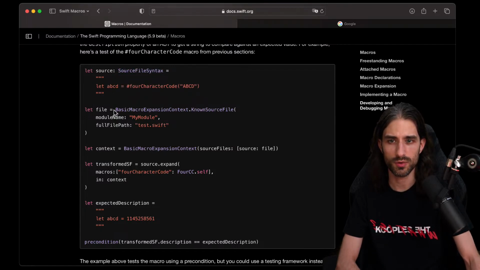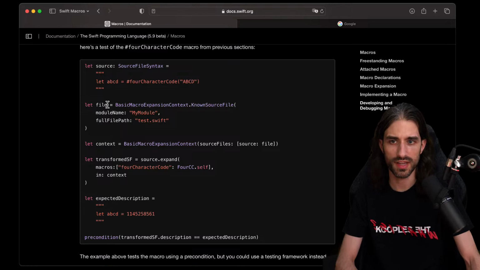And then we can create this basic macro expansion context. So I think what we are doing is that we are creating the context that the compiler would pass to the macro. And so here it was just the source file, and here we create the expansion context giving it the source file. Okay, so we have the source and the file, so we have these two things.